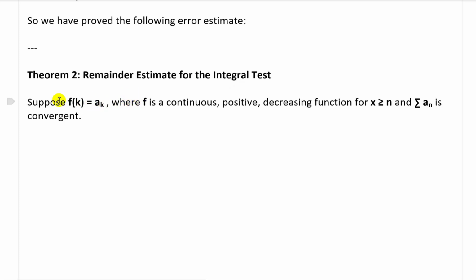Just defining that the function and a_k share the same function there, the series and this function f of x or f of k, where f is a continuous positive decreasing function for x is greater than or equal to n, and the series summation of a_n is convergent. So if it's convergent and the function f is continuous, positive, decreasing, and if we have the remainder R_n equals the actual sum s minus the partial sum s_n, then